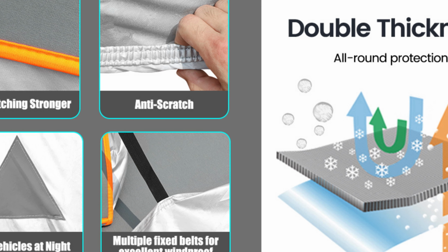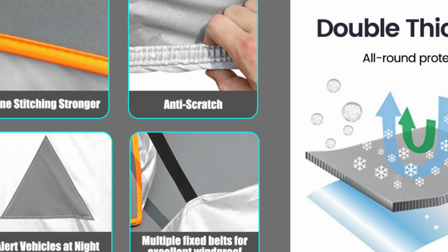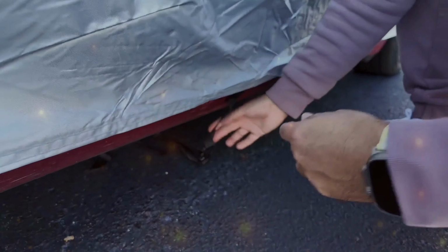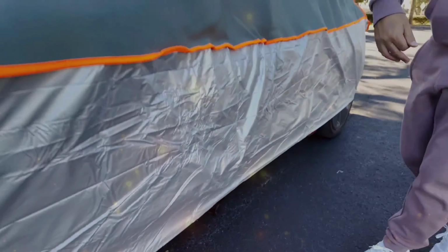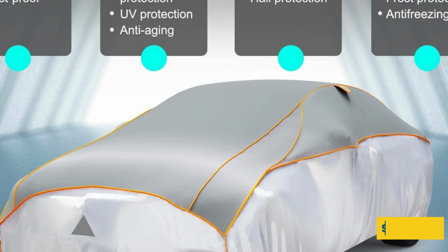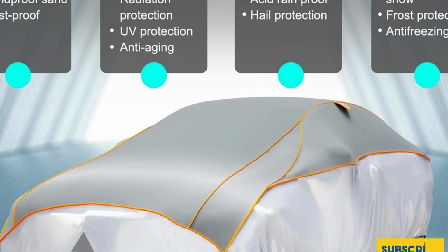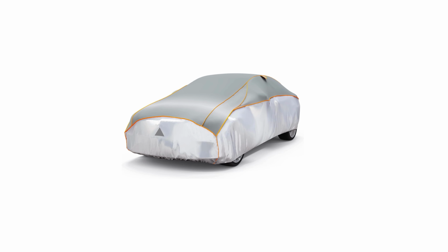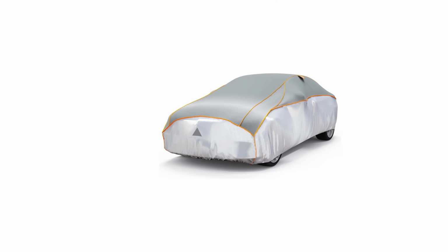Moreover, ventilation holes on both sides ensure airflow, preventing moisture buildup. The reinforced straps keep the cover secure, no matter how windy it gets. Plus, its compact storage bag makes transportation a breeze. Invest in the Pulaim Anti-Hail Car Cover and experience peace of mind knowing your vehicle is safeguarded against any weather